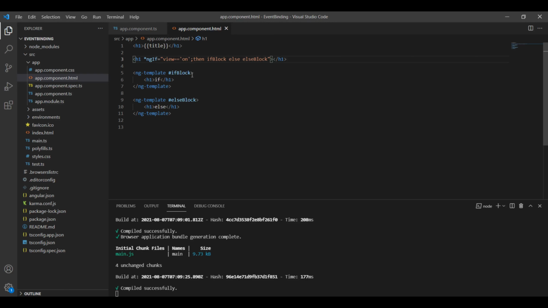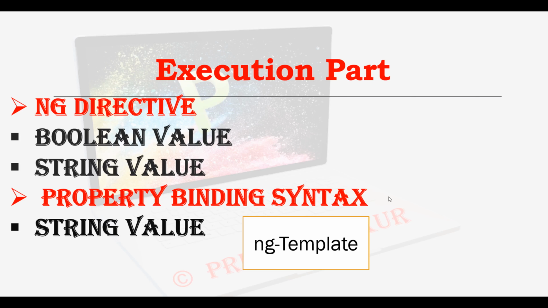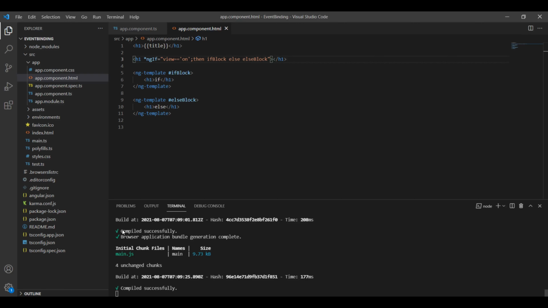When you have multiple conditions you want to perform on a single variable, then we will use property binding syntax. For that I will remove this h1 tag, and here instead of using the ng directive I will use property binding syntax, that you all know.